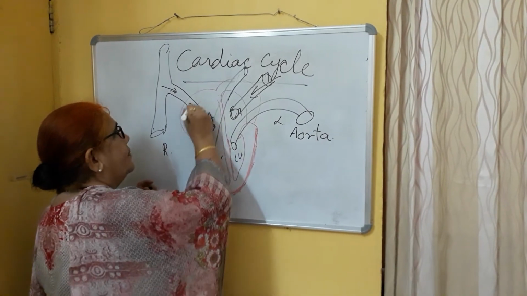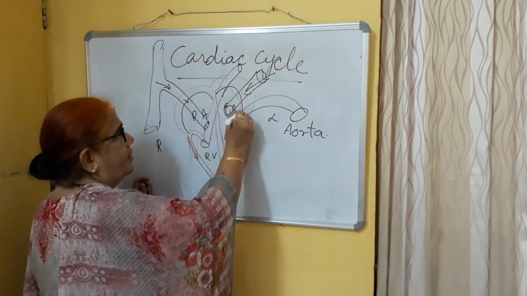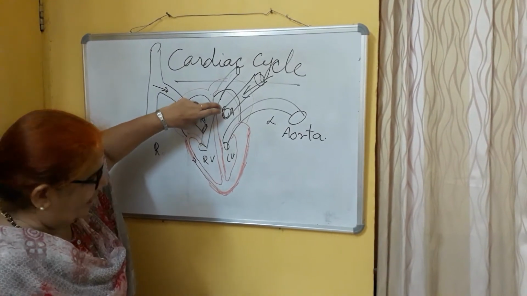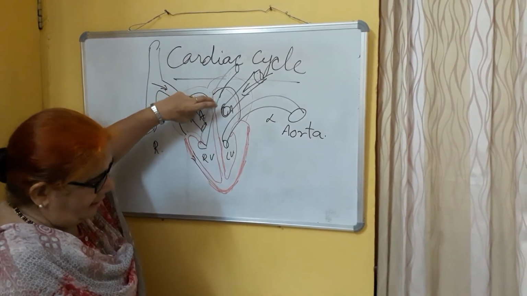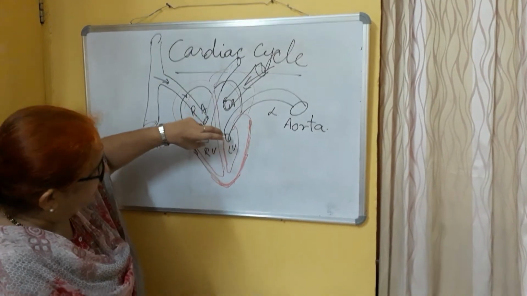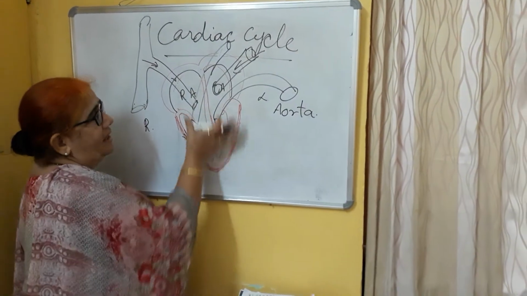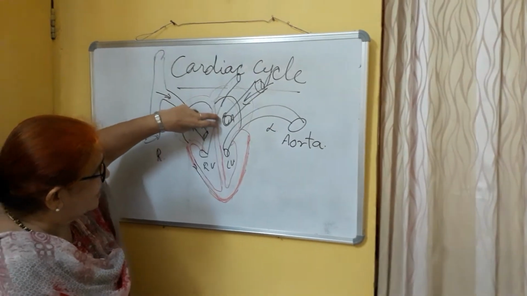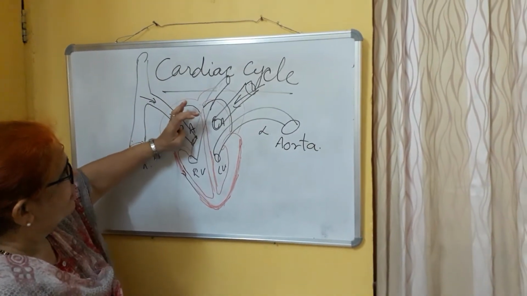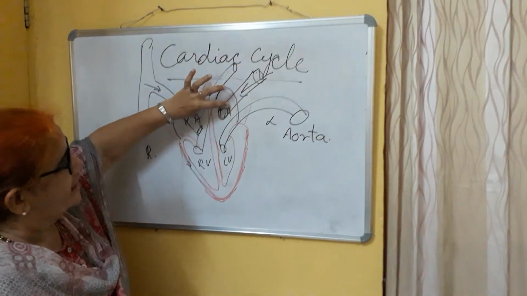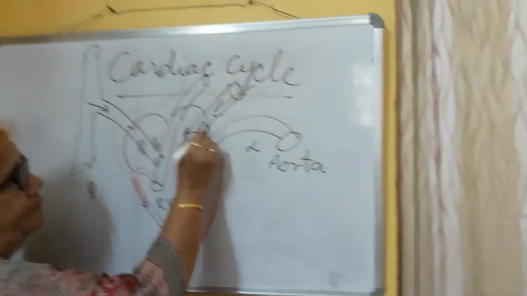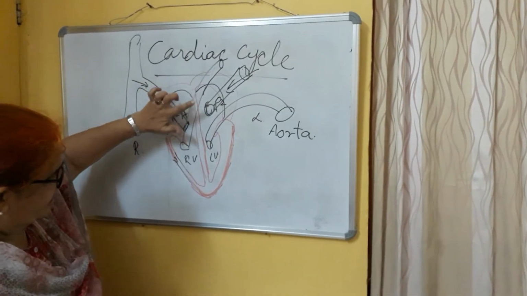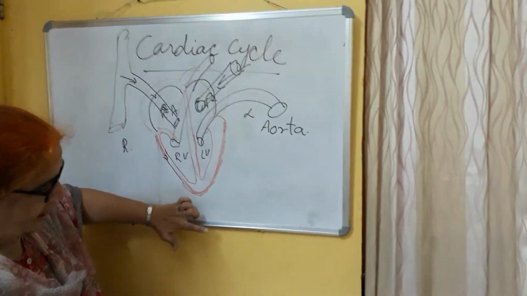What is the difference? Actually, a question comes where you have to write at least three differences. First one, auricles are thinner, and these ventricles are thicker walled. That is our first point. And these are the receiving chambers. This side is receiving CO2 blood. This side is receiving O2 blood. So the first difference is upper chambers are thin walled, lower chambers are thick walled.